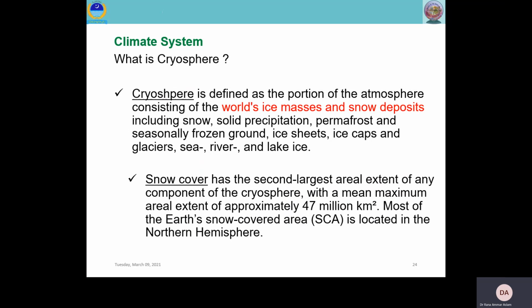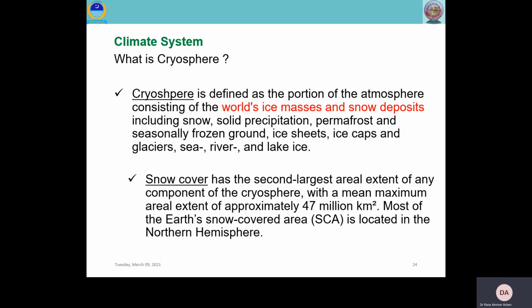And the cryosphere is also another comprehensive component of our climate system. And cryosphere actually is the frozen water, right? And it is available in different formats like snow, solid precipitation, permafrost, ice sheets, ice caps, glaciers, and sea, river, and lake ice, right? So if you see all these formats one by one, the first one is the snow